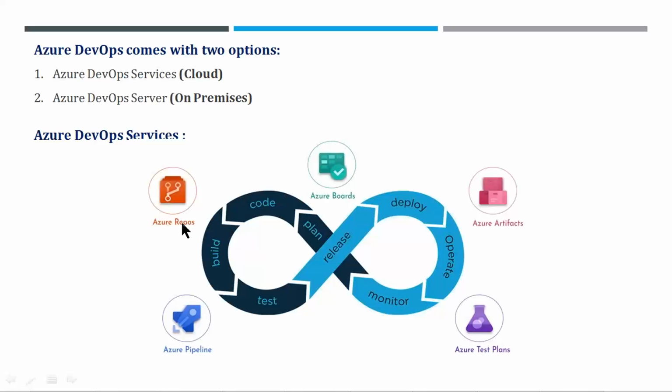Repos, repository, to store all the source code. Azure Pipelines, it's mainly what we say build activities. Whatever code is available in the repos can be built, perform the actual operations. Test plans: we have dev testing, UAT or user acceptance testing, and production testing. Dev to UAT, UAT to production, testing at every level will be taken care of by test plans.